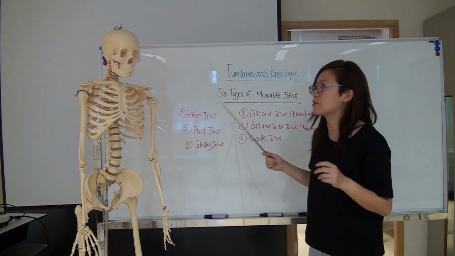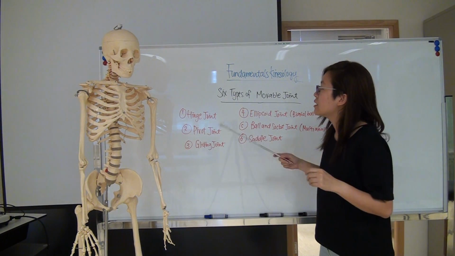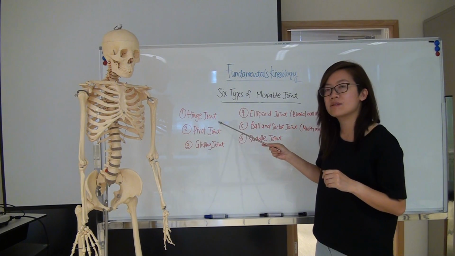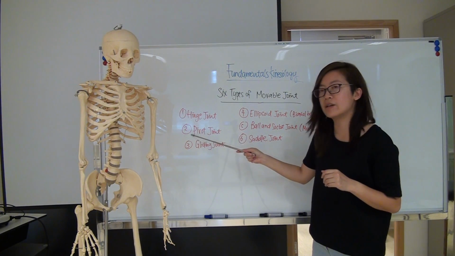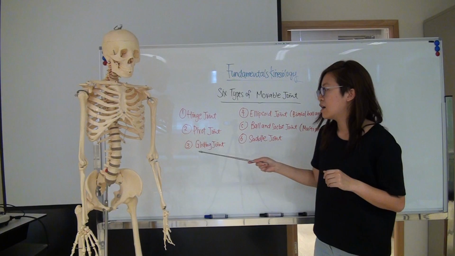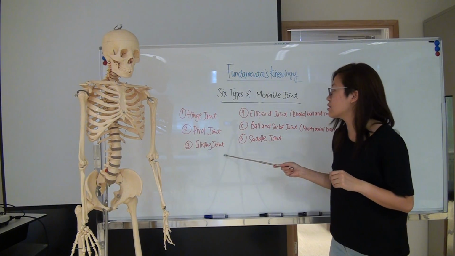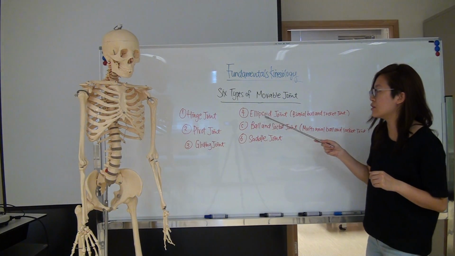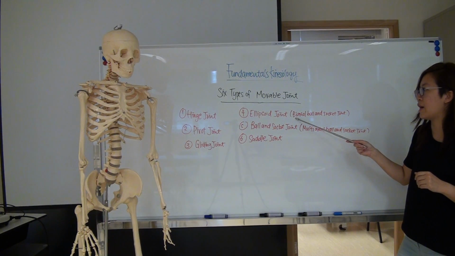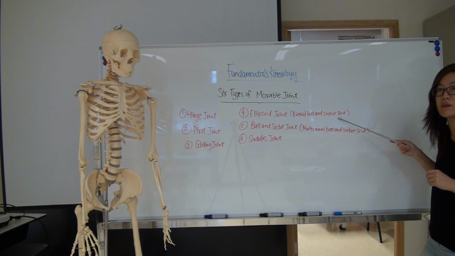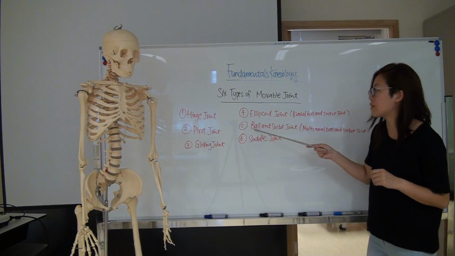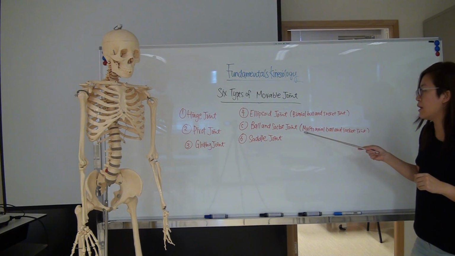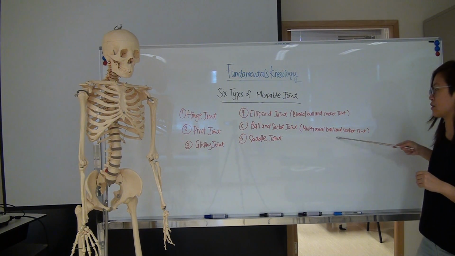I would like to pronounce the joints again. Hinge joint, pivot joint, gliding joint, ellipsoid joint, also known as biaxial ball and socket joint, ball and socket joint, multi-axial ball and socket joint,